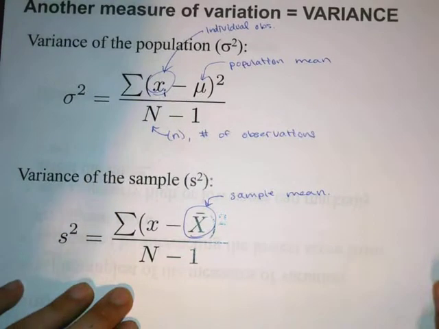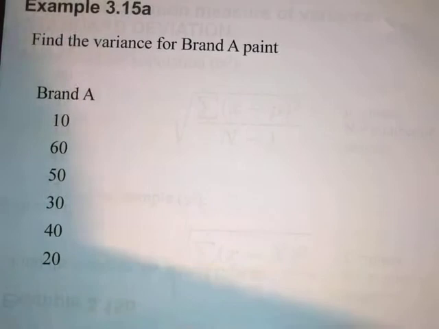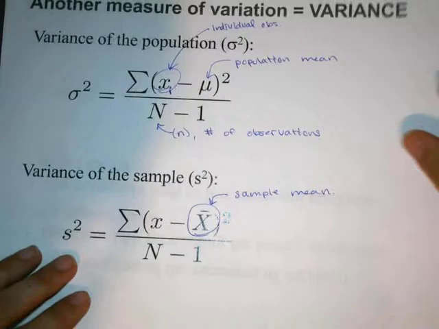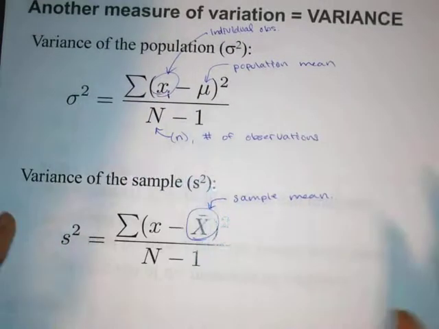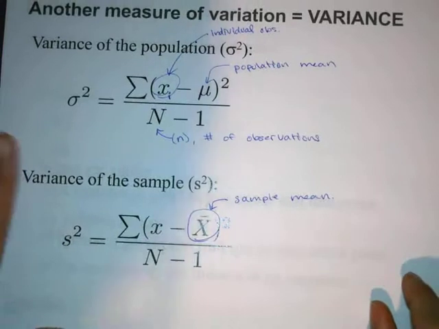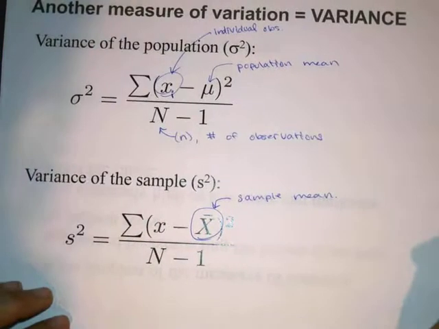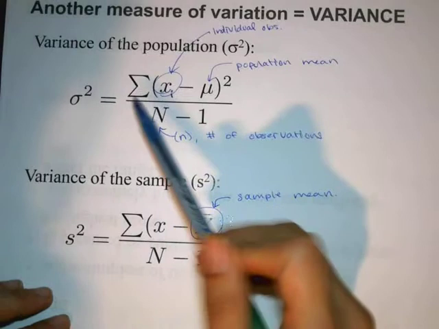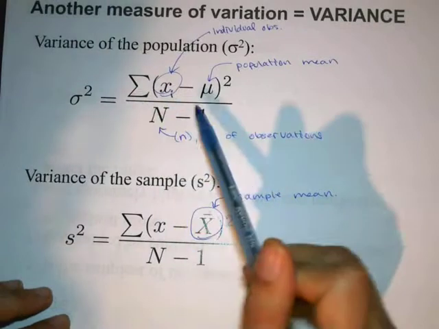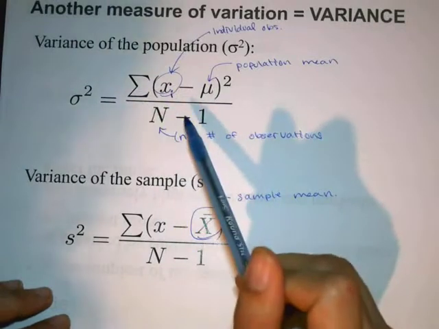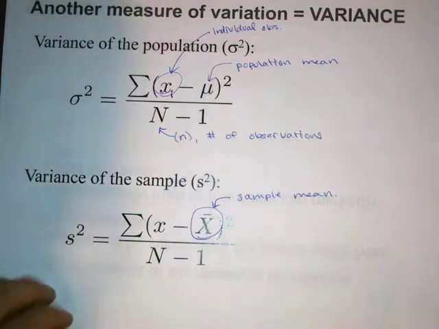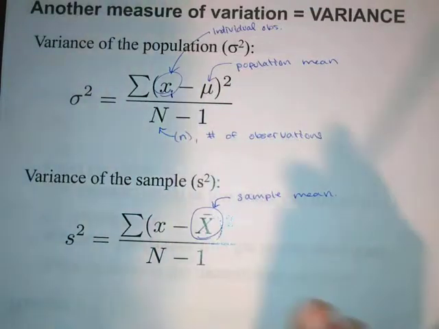So let's do an example with this equation to figure out how it works. So here's the equation, and I'll come back to that when we're done. This is the thing that we are going to use to figure out the distance from the mean on average. And so what we did in the previous example here,